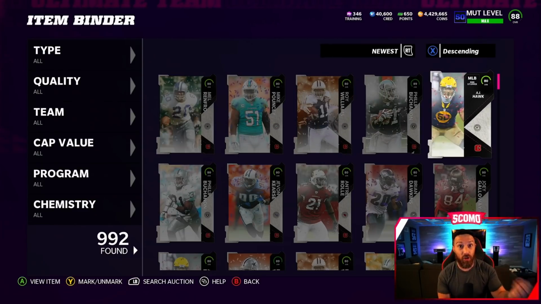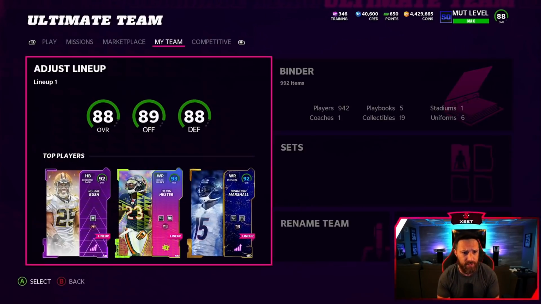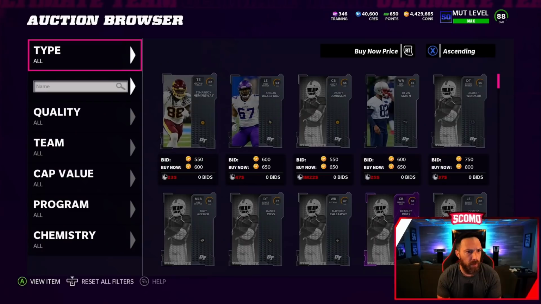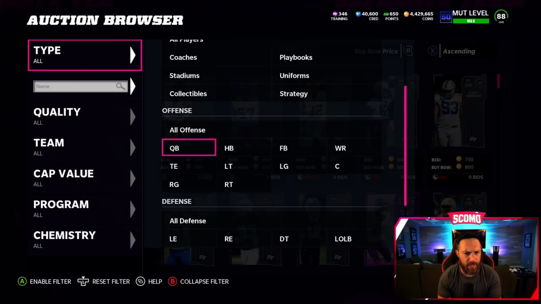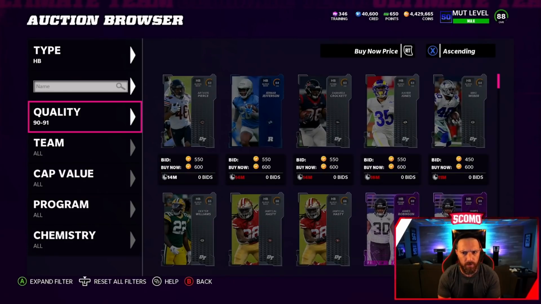Get 3 Nats. Quick sell those. Roll again. Keep all those 80s. And I'll probably have like 30 or 40 80 overalls at that time, even if I don't pull any more 89s. Plus, you'd be able to sell the Reggie Bush. And the Reggie Bush right now is selling for... Let's see what Reggie's selling for real quick. Reggie Bush. Halfback. And Reggie is selling for...